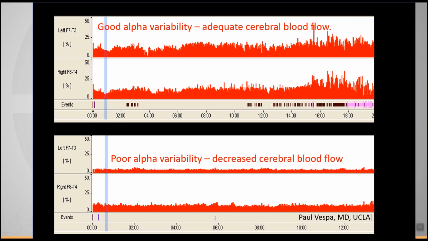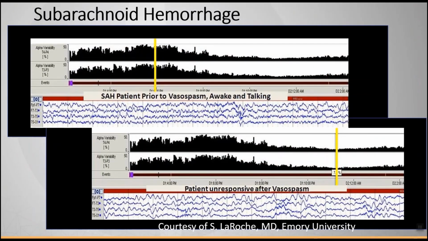And so in the top, what you see is good variability, not just good alpha, because if you're in alpha coma, you would have alpha, but it wouldn't be variable. Conversely, if you're undergoing sleep-wake cycles, you are likely to have alpha that is quite variable. So this is a good measure of cycling in the brain activity. So you have good variability up top, poor variability on the bottom, and this is typically correlated with decreased cerebral blood flow. Now, this is an example from Suzette LaRoche when she was at Emory,